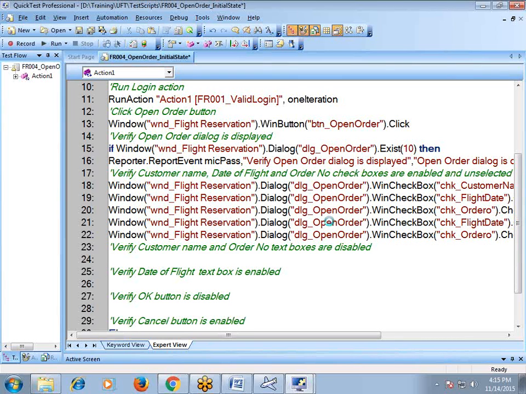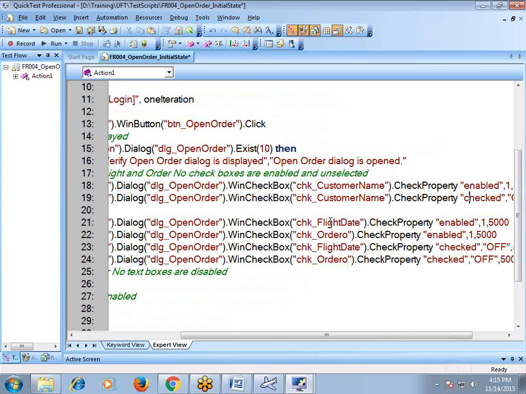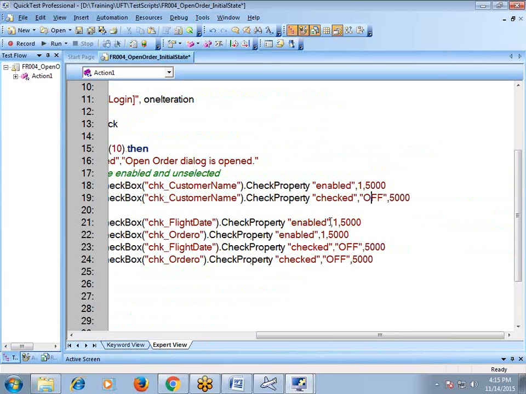Control X. All of you clear? For the same customer name checkbox, we are checking 2 validations. What are those 2 validations? Enabled validation and unselected validation. And similarly,